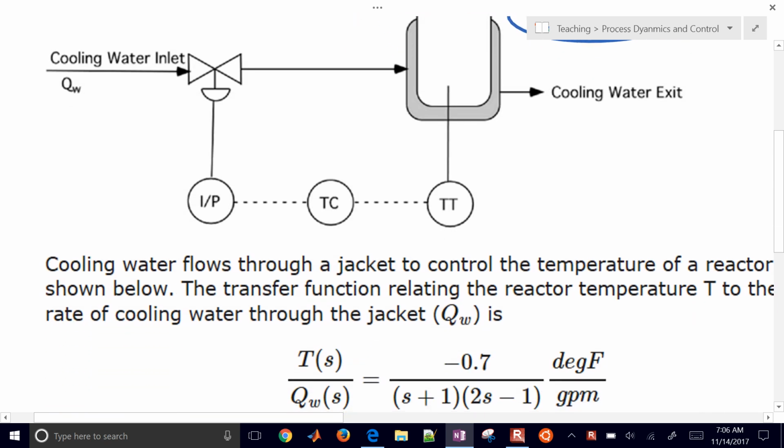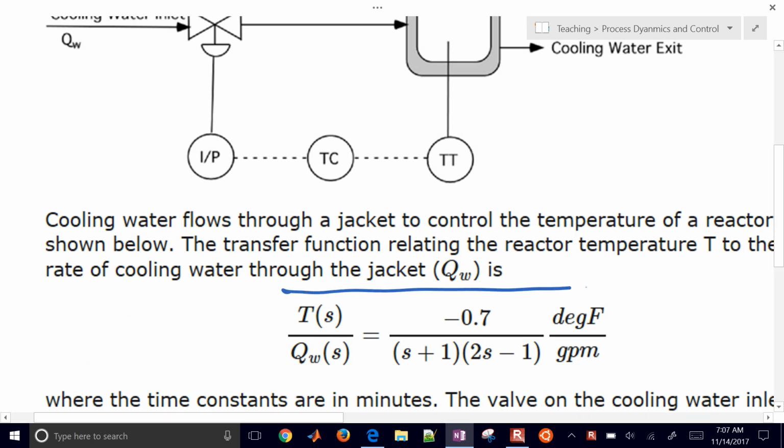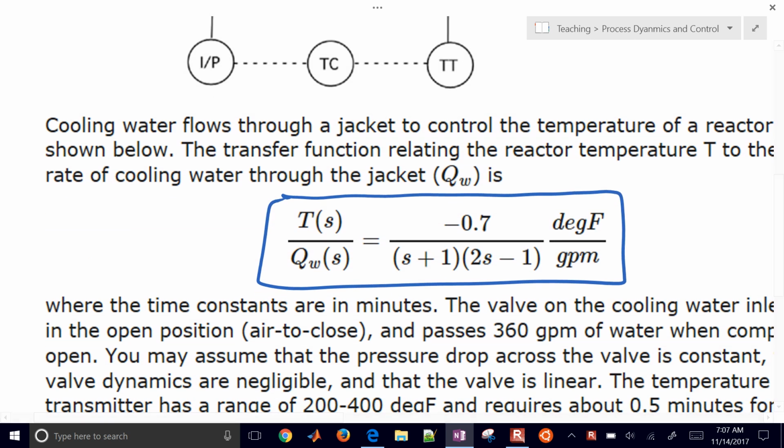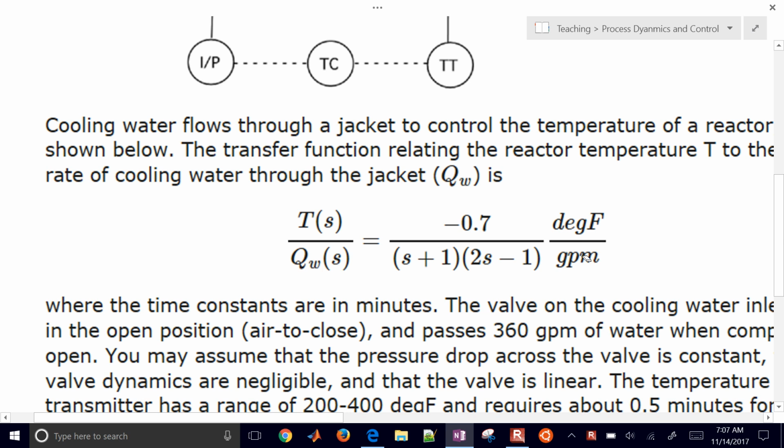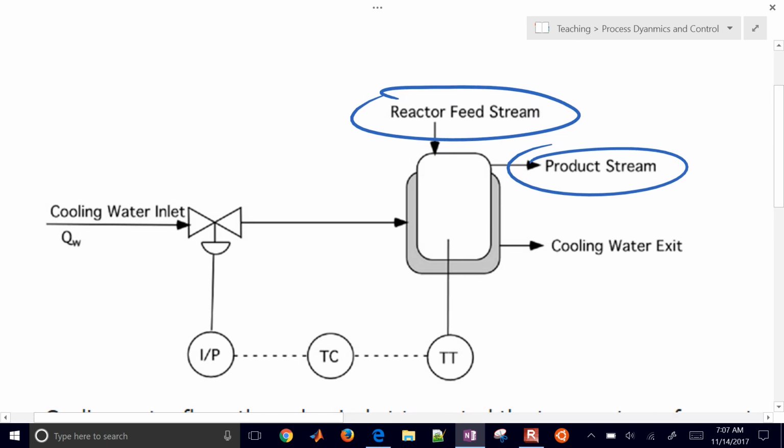And we have a transfer function that relates the temperature of the reactor to the cooling flow rate. Now you'll notice here we have a root that says it's 1/2. That means it's going to be unstable if we have a positive real root. We have another one that's s equals -1, but we only need one that's positive real to make it